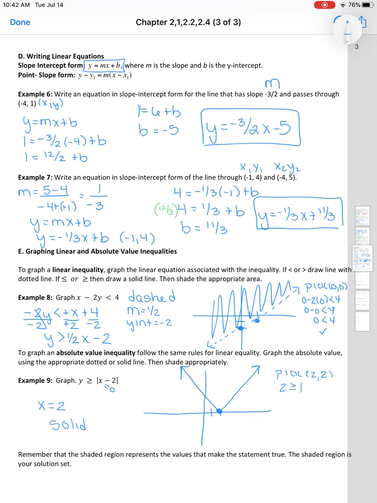Now what you can do is, just like we did with the linear function, pick a point. So let's just say I'm going to pick the point (2, 2), and I'm going to plug it in. So 2 is greater than or equal to the absolute value of 2 minus 2. So 2 is greater than or equal to 0. Is 2 greater than or equal to 0? Yes, this is a true statement, which means I'm going to shade every